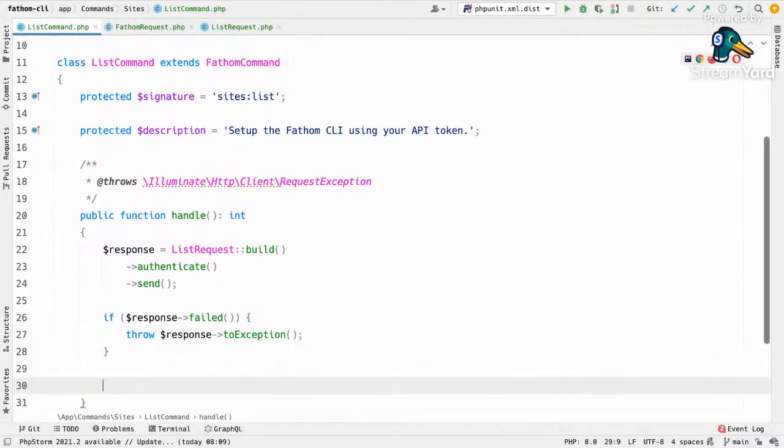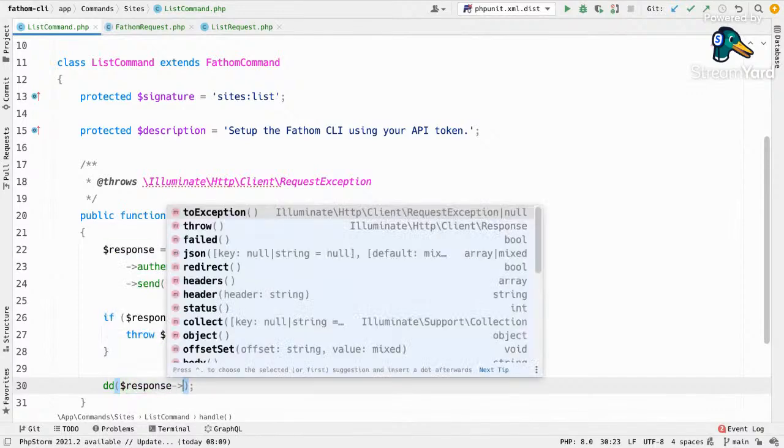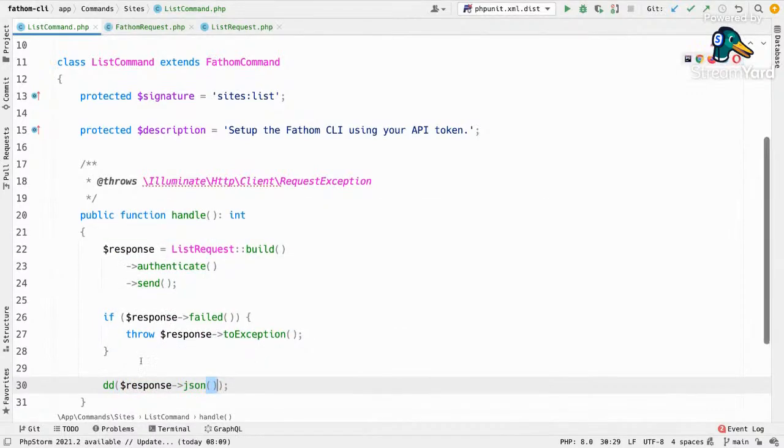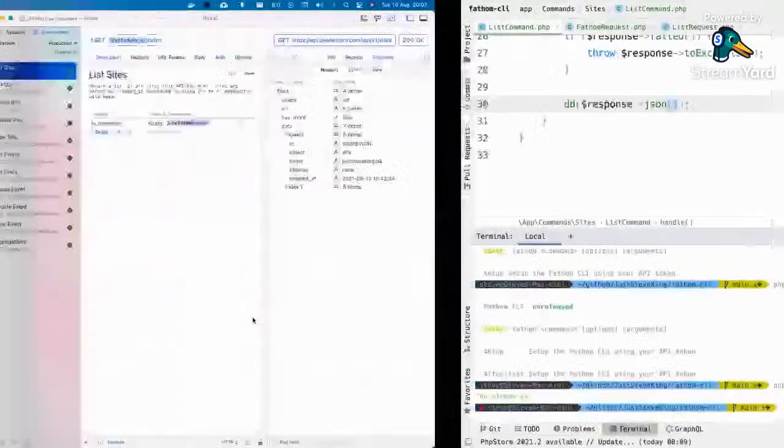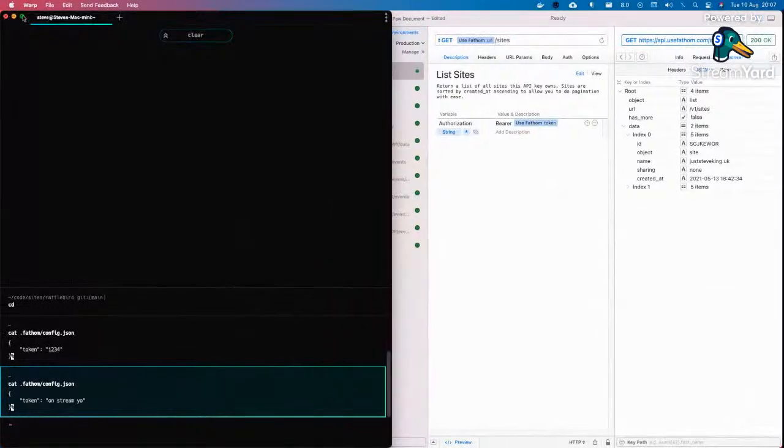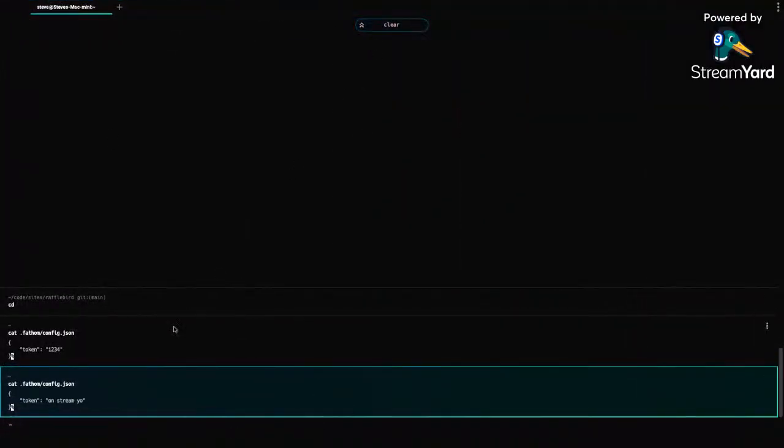There we go, done. So at this point, we just do a quick dyn dump on what's JSON. So let's run this command again. I'll tell you what, we'll run it in here because we were talking about Warp. We may as well use it, right? So cd GitHub, me and Fathom, done. So PHP Fathom